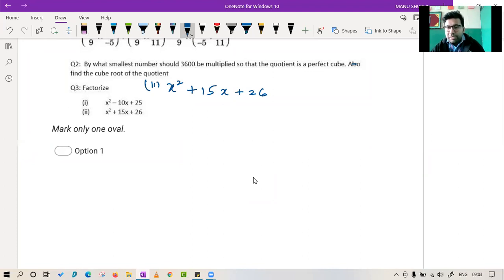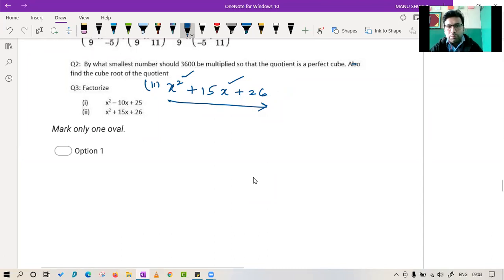Now tell me first thing, is this written in standard form? Yes, there is no number whose square is 26. Very good, Joel. Please tell class, is this written in standard form? Yes, because the powers are in descending order. Here the power is 2, here the power is 1, here the power is 0. Class, can you see? Here the power is 0 because there is no x. If you want to put an x, you have to put it like this. So you can say the power of x is 0. So hence it is correct.